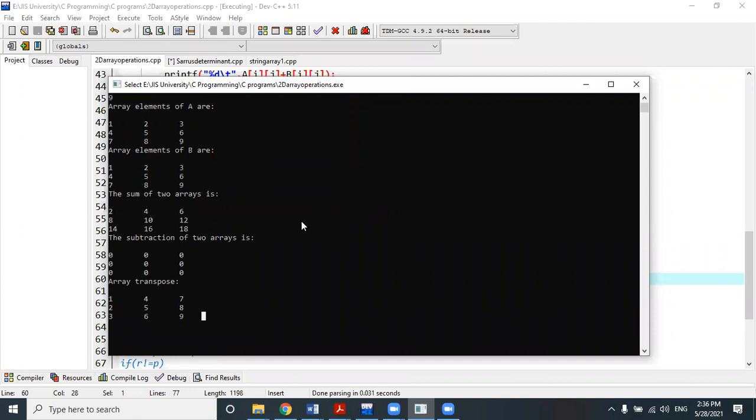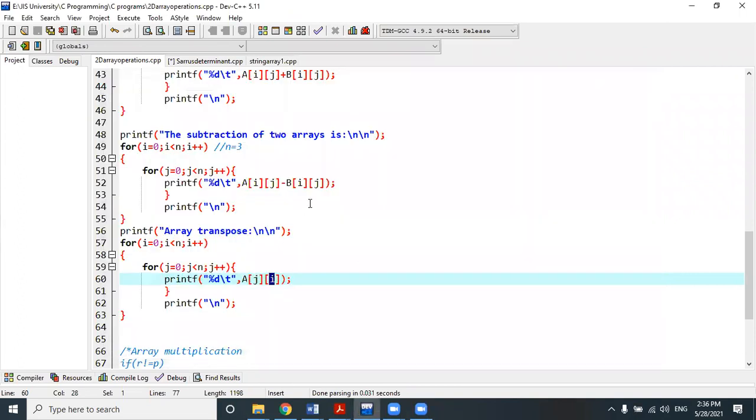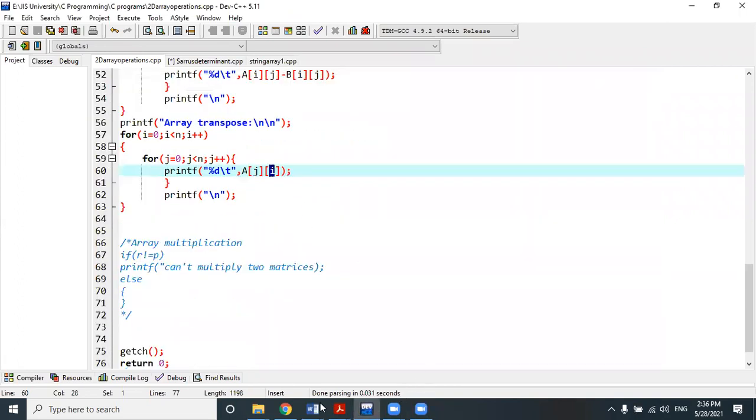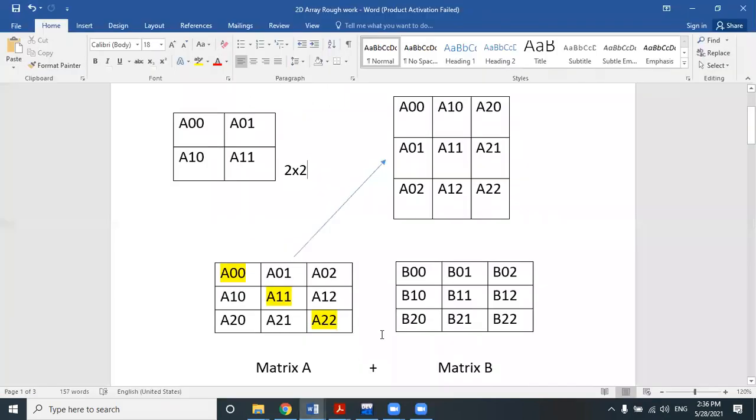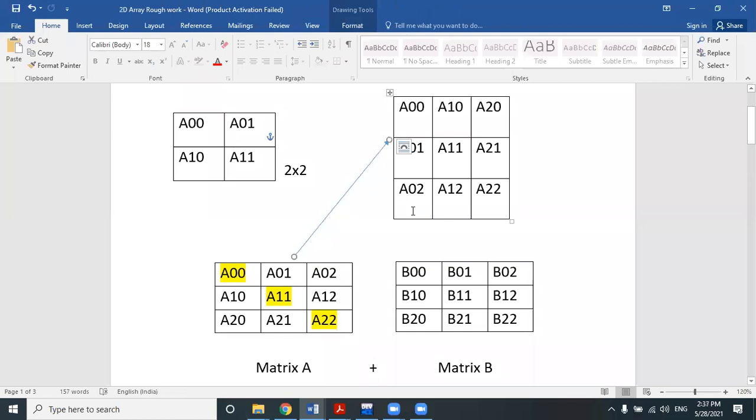These are the array or matrix basic operations. If anyone has any doubt, please ask me. So matrix multiplication you will do by yourself at home. Right now I am not going to tell you matrix multiplication. It's your job. You will do it. I will check it in the next class or the next lab.